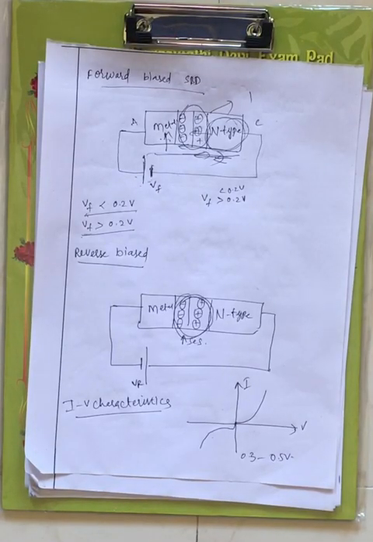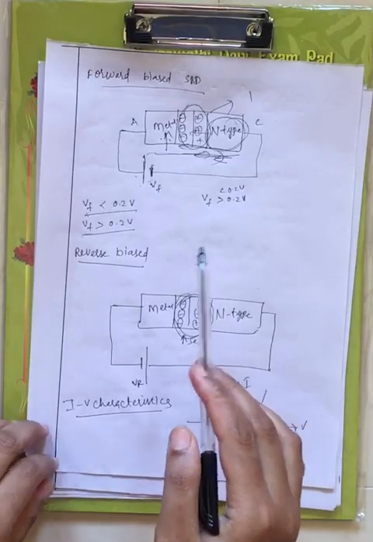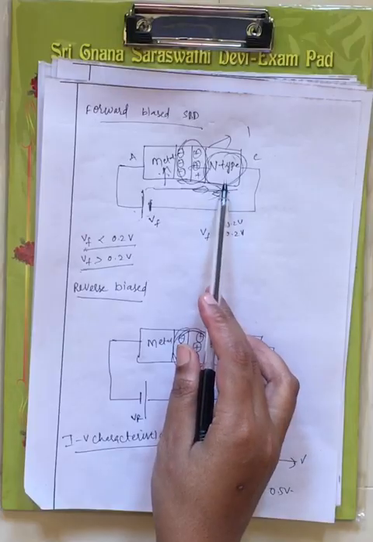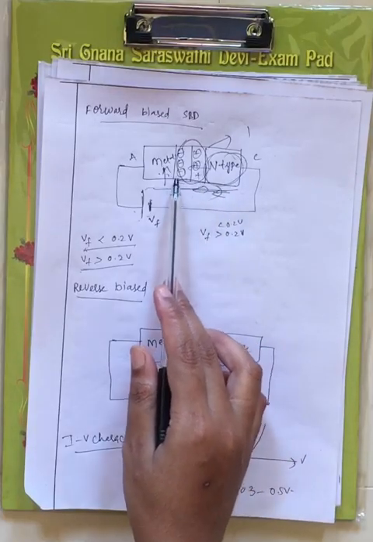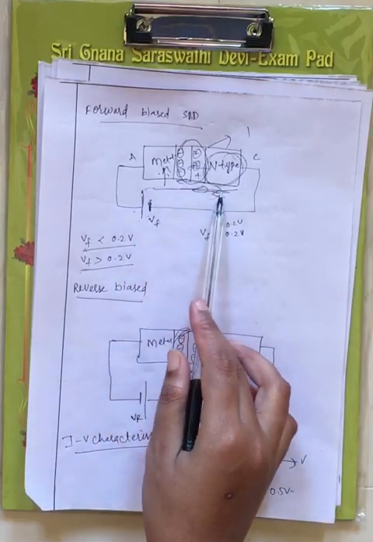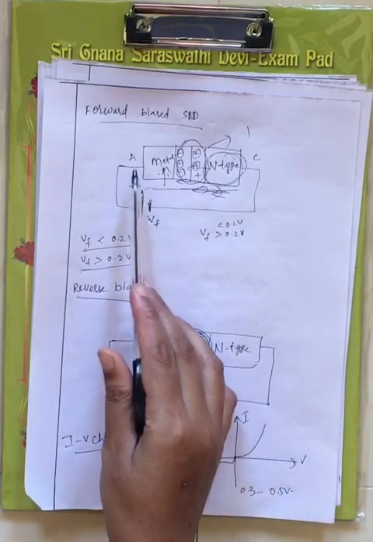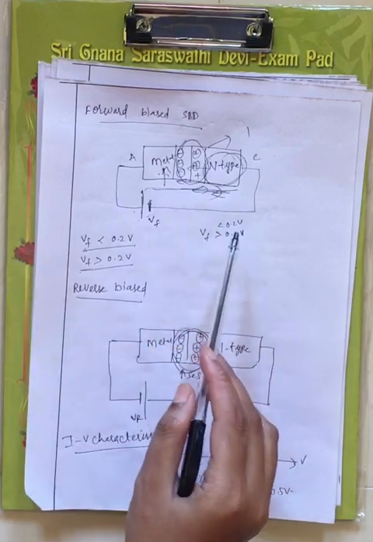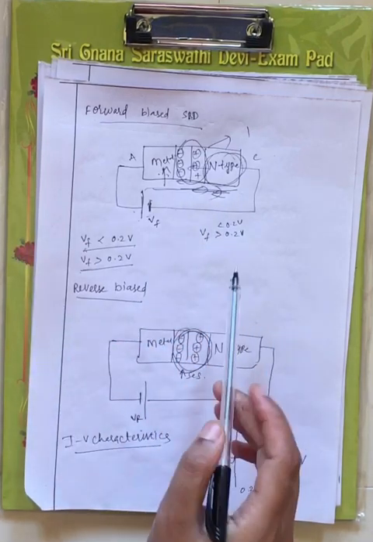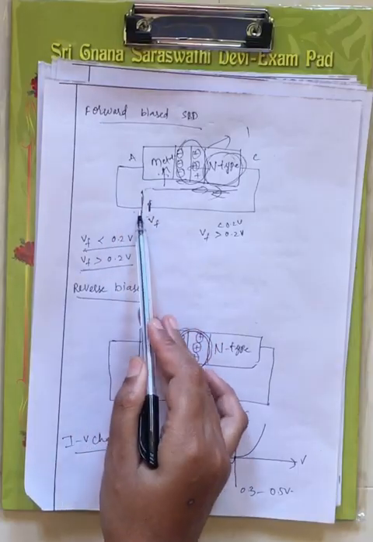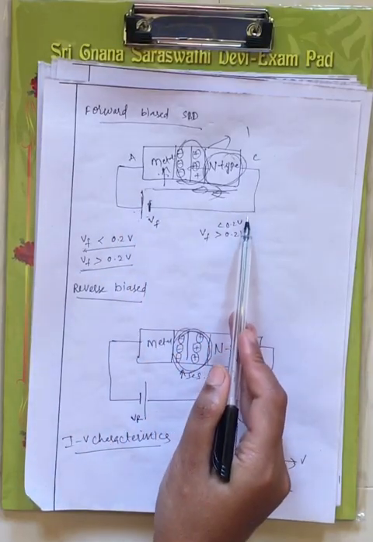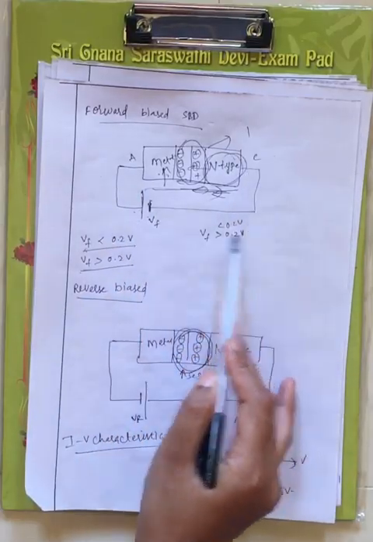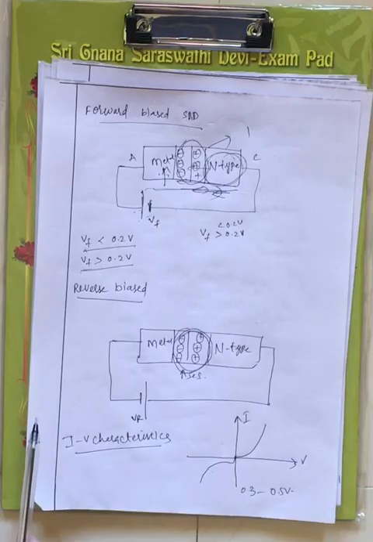Now let me briefly explain again. Now the forward biased Schottky barrier diode is this one, right? Now the metal is diffused with n-type. When you are diffusing this, it will create negative ions at metal and positive ions at n-type, right? How these negative ions and positive ions are created, that we have seen under the unbiased condition of the Schottky barrier diode, right? Now the anode is connected to the positive terminal of the battery and cathode is connected to the negative terminal of the battery.